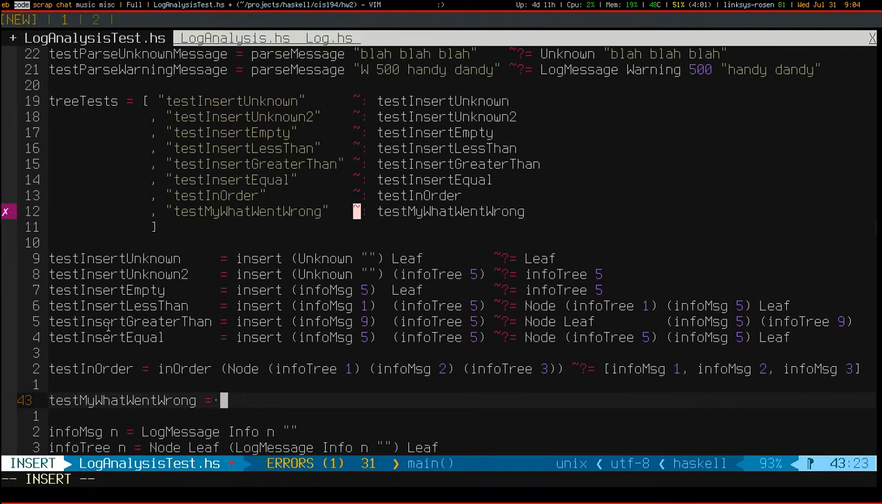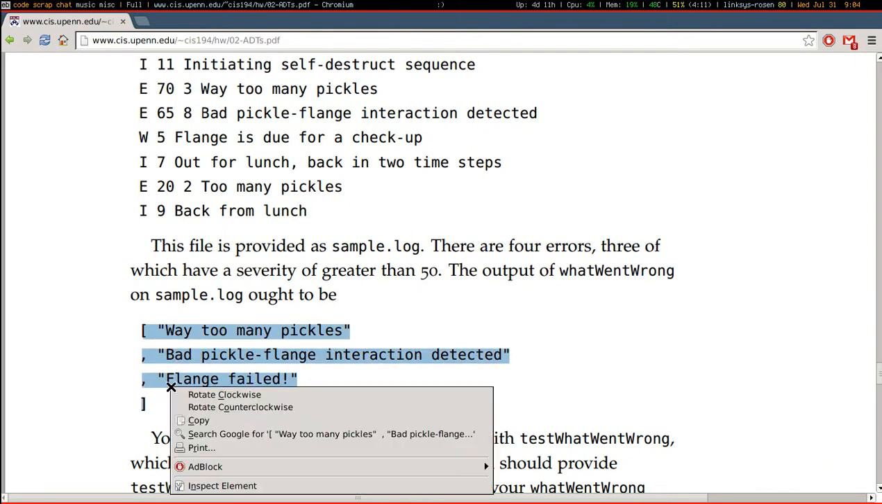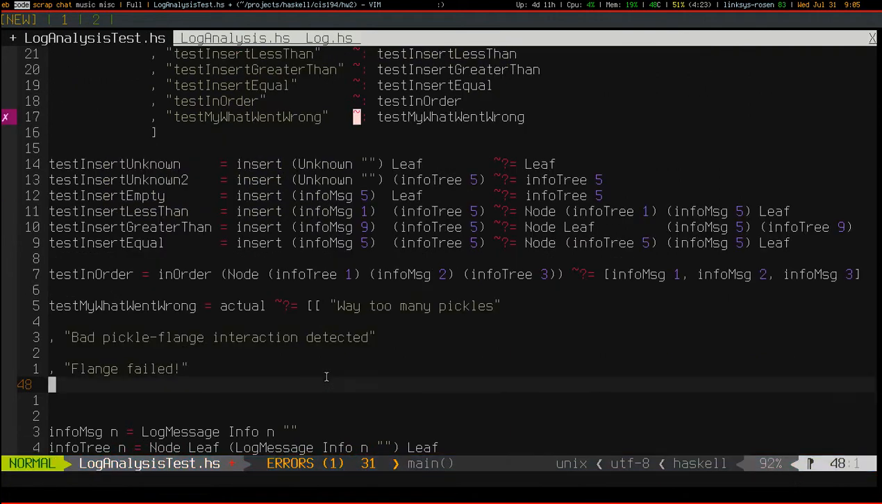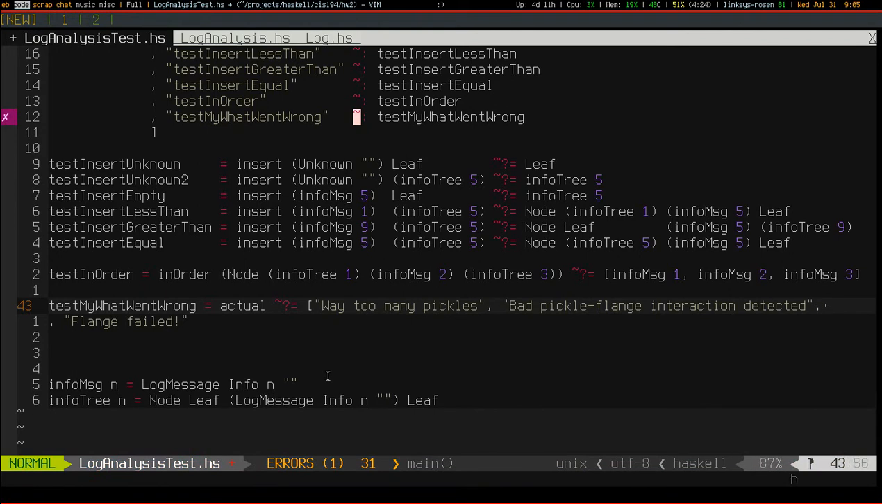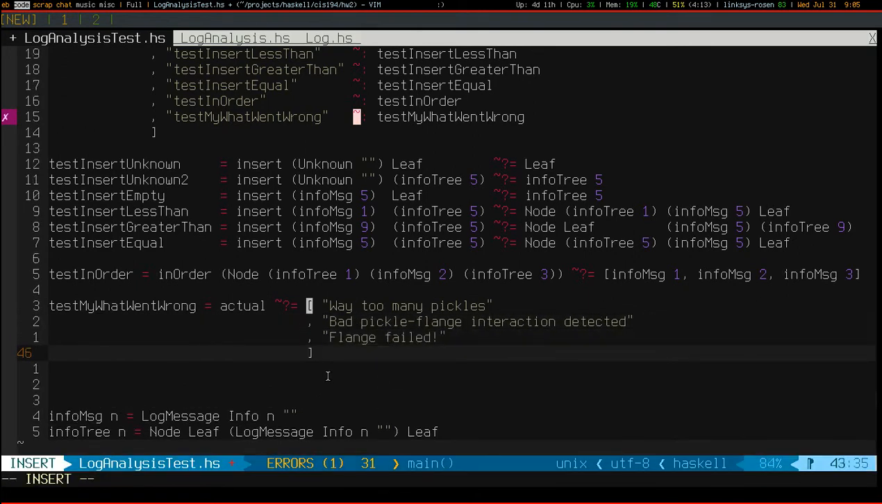And all this is going to do is assert actual equals expected. The expected is simply the list. What is the list? It's this list. Let's clean that up. Here we go. And the actual is the result of calling